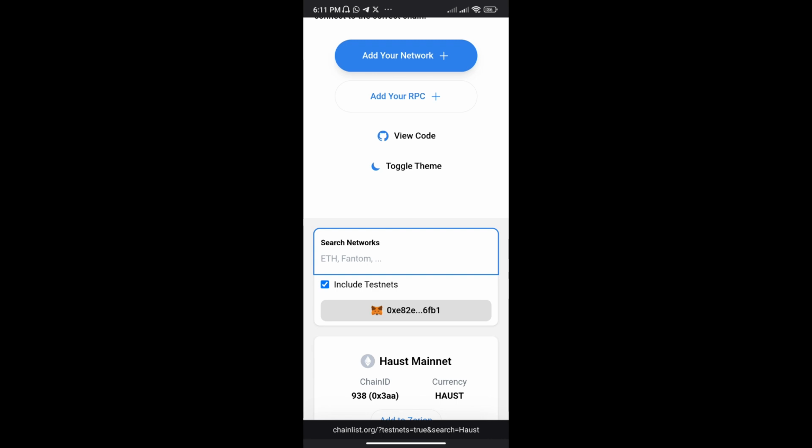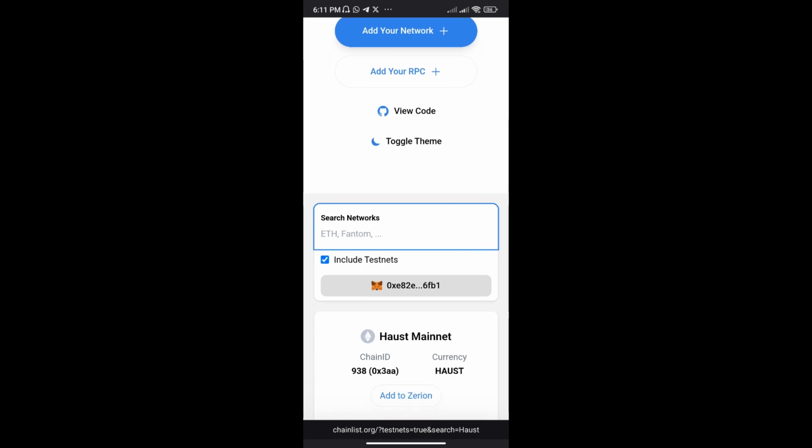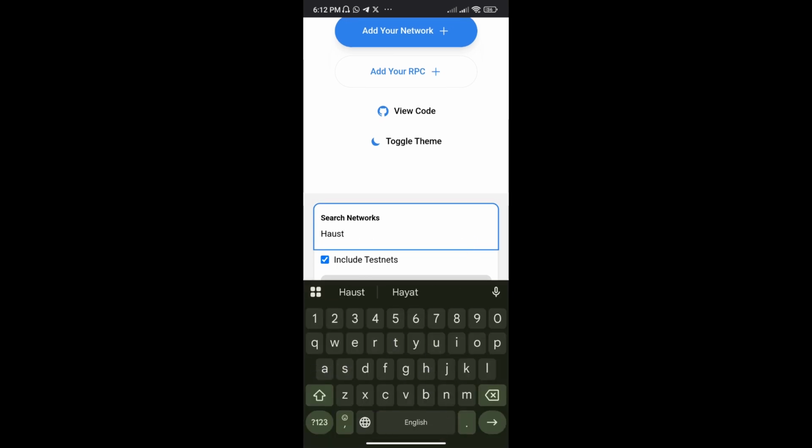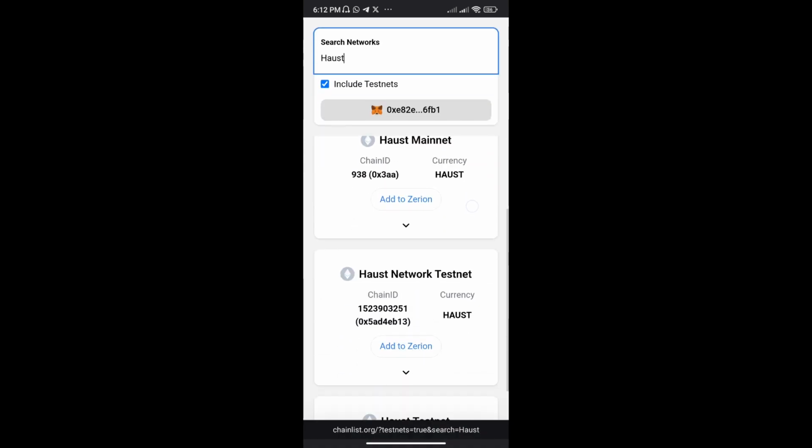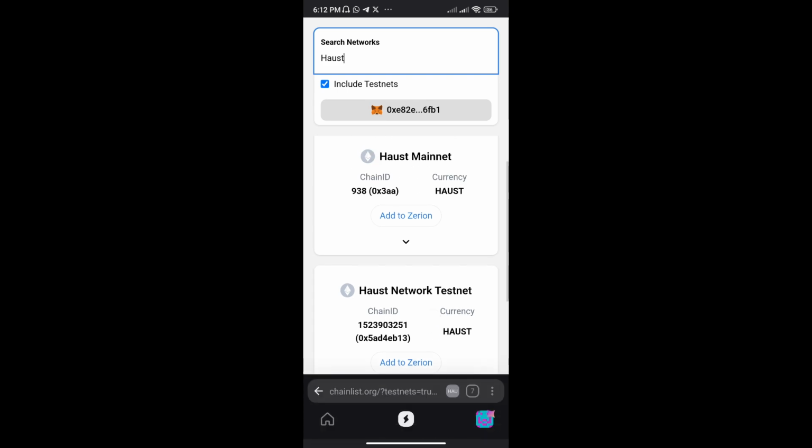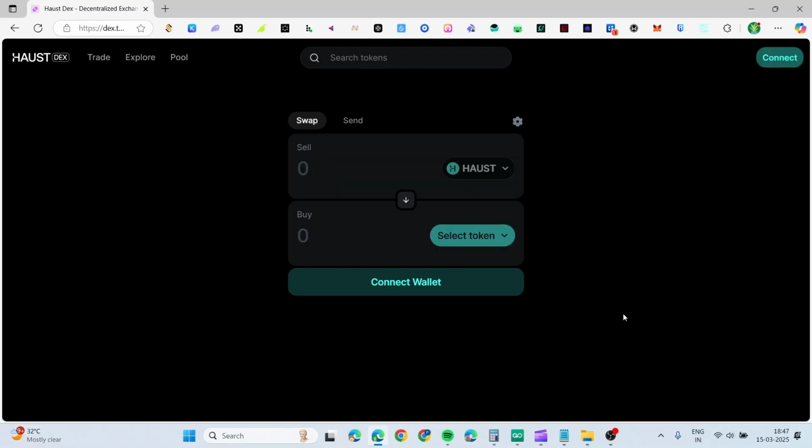Chainlist.org. Go to this link and connect your Zerion wallet. Here, click include testnet and search HAUST. The second one, which is ending 3251, click add to Zerion. Network has been added. And then once you have added the network in the Zerion wallet, go to the text and